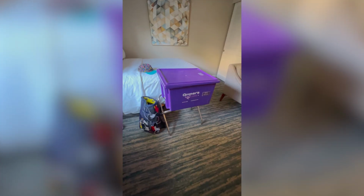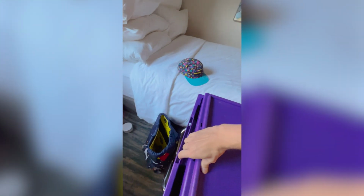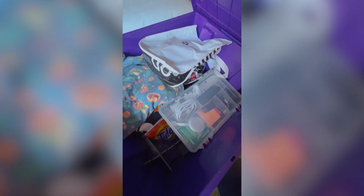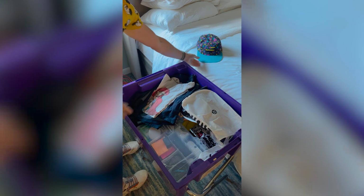I also use a service called Owner's Locker, which lets me store a bunch of my essentials down in Orlando. They give you a bin and they'll deliver it and pick it up from your hotel for a flat yearly fee of $190, but there are cheaper plans available. Since I store some of my clothing and toiletries in there, I can often make these trips from Cleveland with